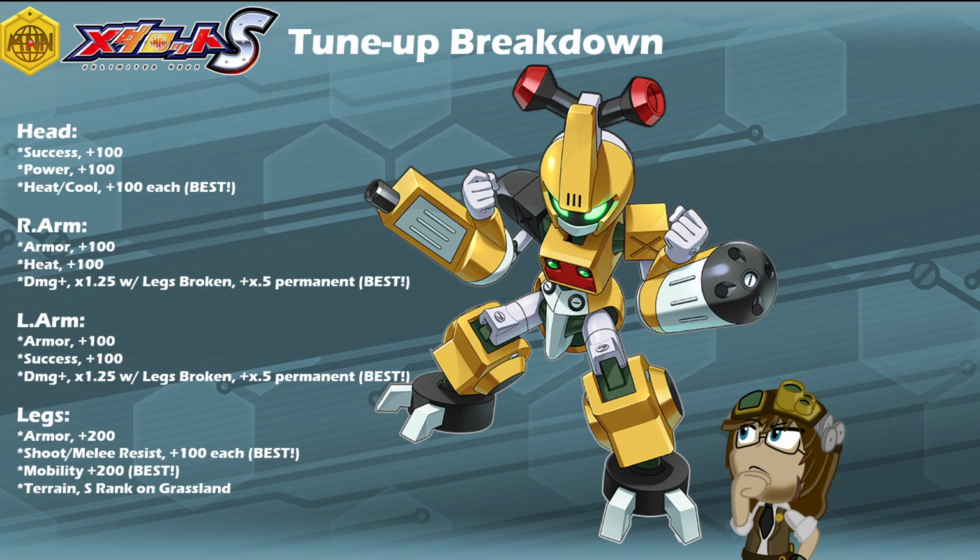With his left arm, he has access to plus 100 to armor as well, plus 100 to success, and the same damage bonus modifier as his power rifle. Now again, much like the power rifle, that damage plus is going to be the big upgrade you want to shoot for. Anything after that, extra armor for survivability or success for higher likelihood of hits and crits, it's going